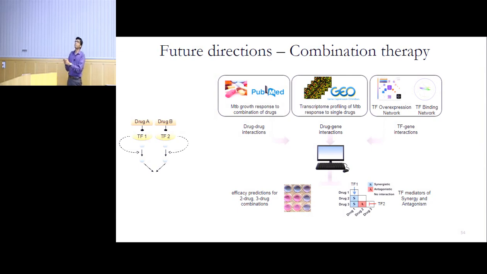We're also using data about the cellular network, that is which transcription factors regulate which genes, and we know what genes respond to which drugs. We also know how drugs and drugs interact. So putting all these three data together, we can now predict for new drugs what happens when you combine them, either in combinations of 2s, 3s, or 4s, and then you can also identify which transcription factors mediate these interactions. We can identify rational ways to enhance synergy between drugs or reduce antagonism between different classes of antibiotics.